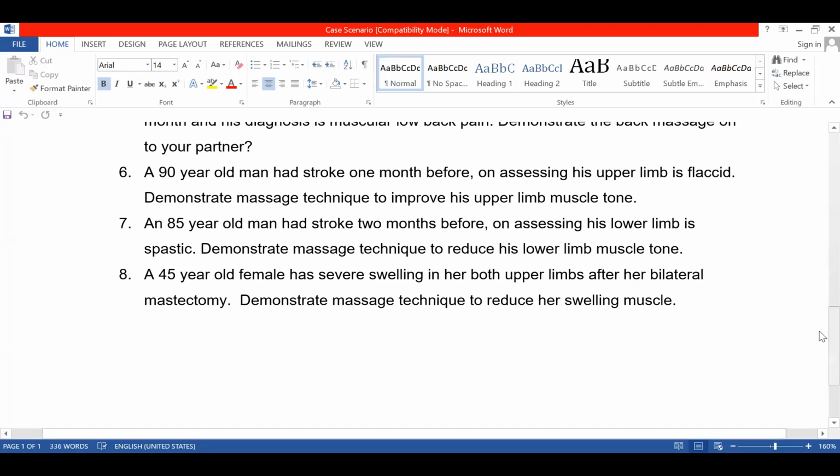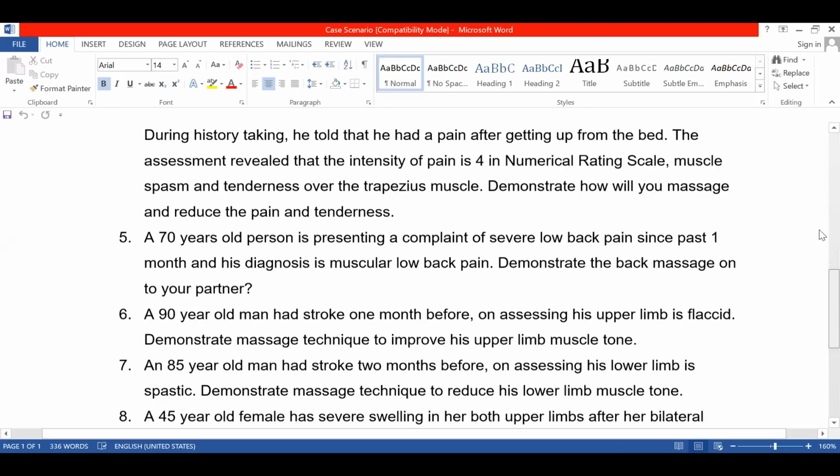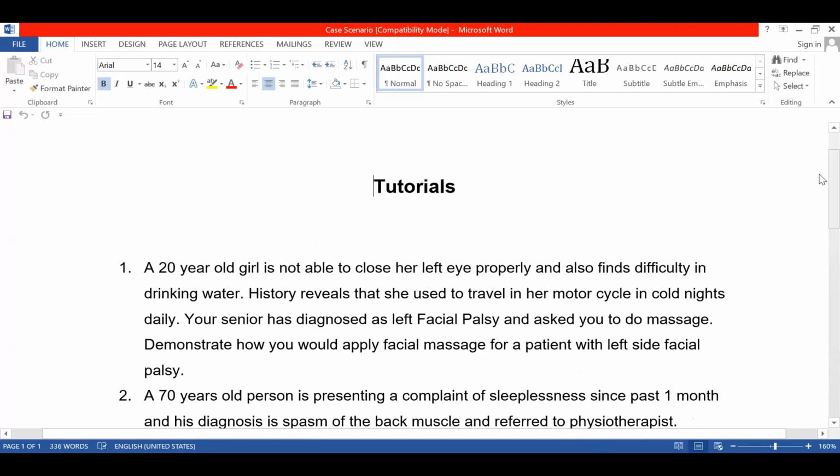Okay, students, I think you now have a little more idea about massage. You can take up the practical handbook, which has some more case scenarios, and start practicing over the pillow so that you get used to it. I hope you have seen all the portions for your mid semester. It will be in the first week of October, so start preparing from now onwards. If you have any doubts, we will clear them then and there.